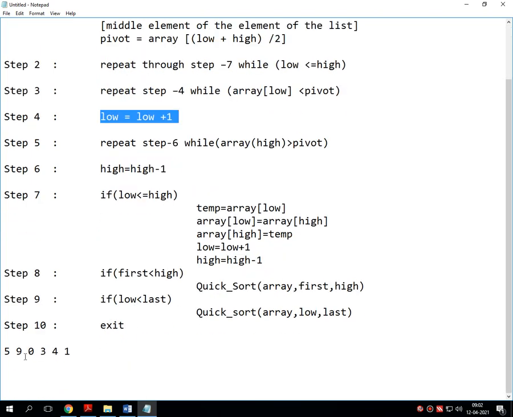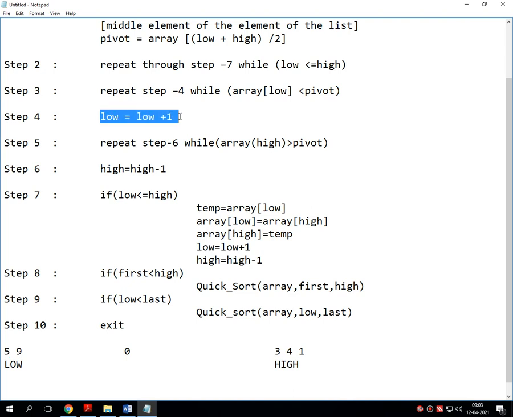As I have indicated, once the pivot element is found, the list gets separated into two parts, right hand side and left hand side. So the list on the left hand side is considered as a low list, and the list on the right hand side is considered as a high list. Every time high starts with the last value, and every time low starts with the first value.